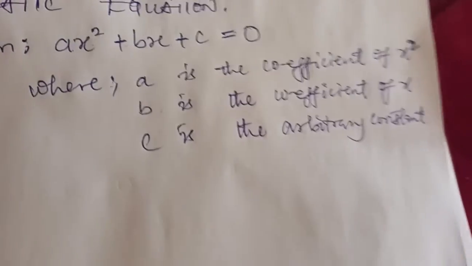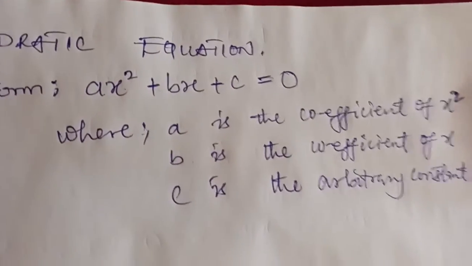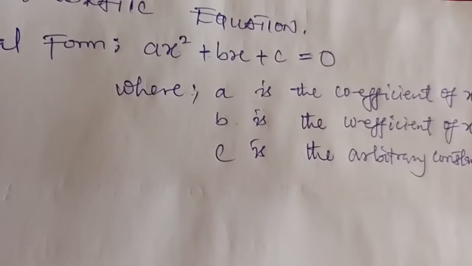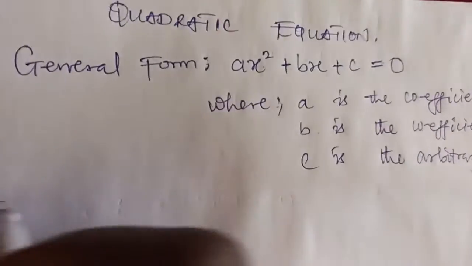It is arbitrary because it keeps changing with time. It can take any value. It can be -1, 3/2, 0.5. It can be any value here. So examples